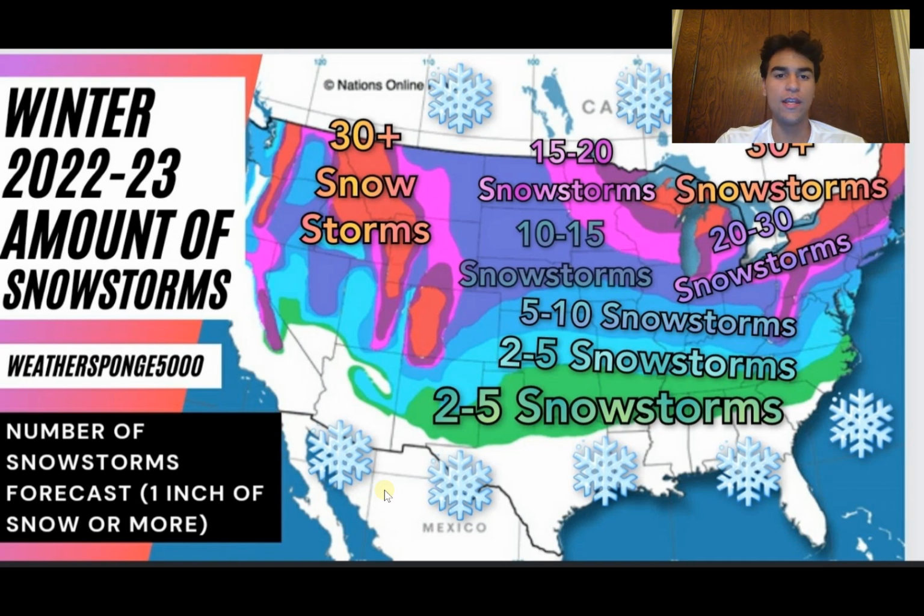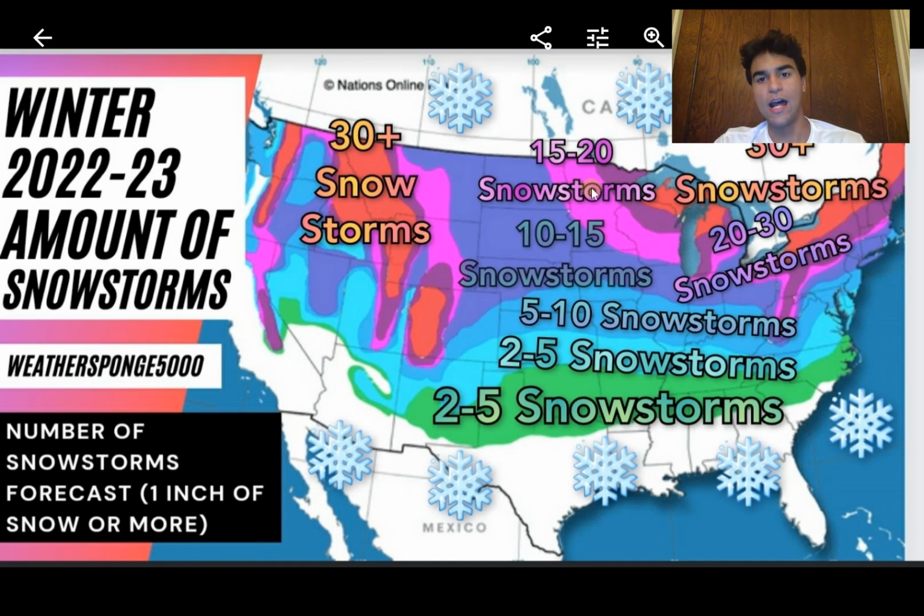But in the areas in red, you should expect at least 30 snow events where you will receive at least 1 inch of snow or more. This includes the northern Great Lakes as well. And I did extend the area of 30 snowstorms a little bit more for the interior Northeast because I do expect this winter to be colder and snowier than average. So the area where you should receive 30 snowstorms is a little bit bigger than usual, but in a lot of these places you typically do receive over 30 snowstorms in a given winter, so it might not be anything super unusual for you guys, but expect more snowstorms than average in general if you're in the red, at least in the Northeast.